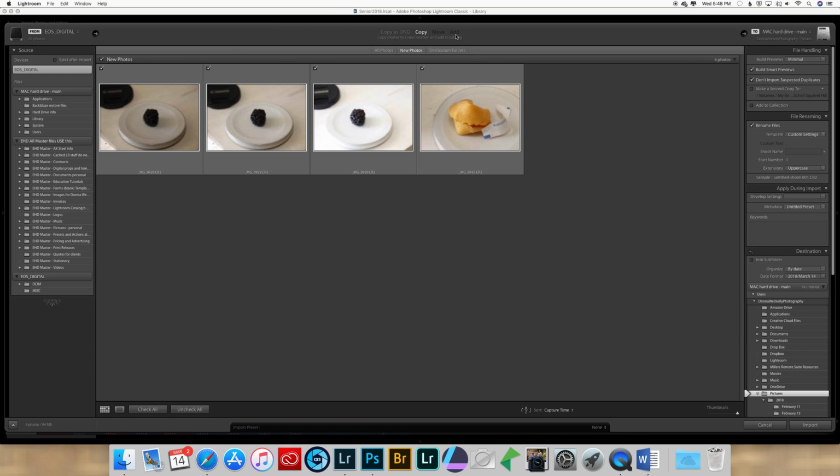So when I click import, I've already got my photos on my Mac hard drive or external hard drive where I want them to stay. And then all I do is add them into my catalog. They're always going to stay on my hard drive, same folder, all the time. I'm not making a copy and I'm not moving them, but it's entirely up to you how you want to